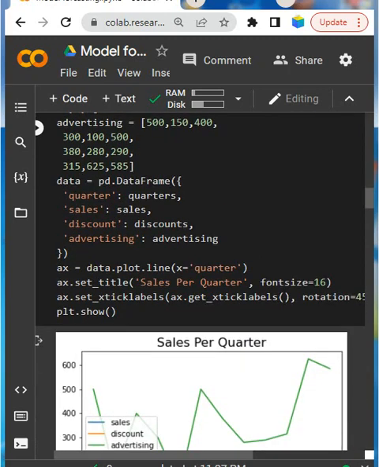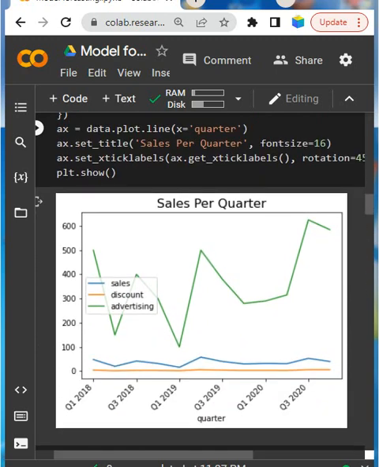I have followed the same process as before, and now we can see this type of graph is displayed, showing the development of the three variable lines. One is the sales, another is the discount, and the third is advertising. So at this point we can say that there is not a very important relationship between the three variables.